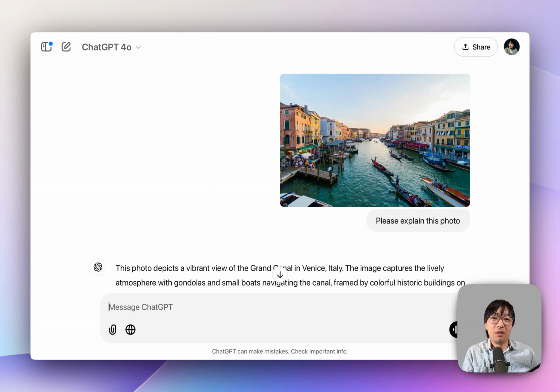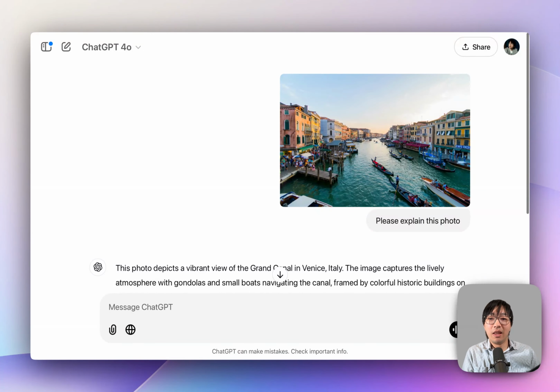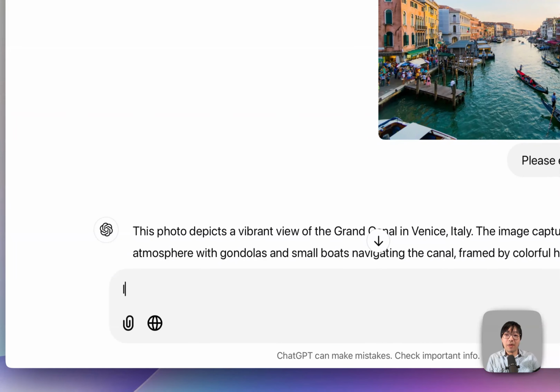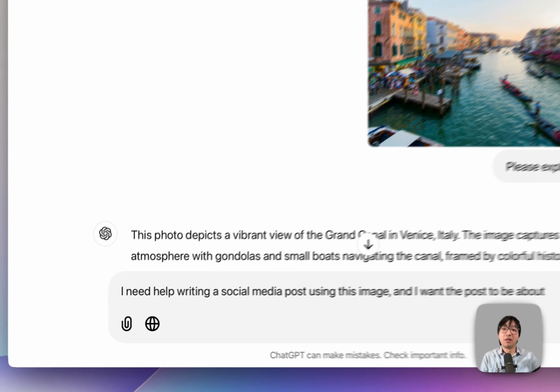Let's say today I want to use this image to create a social media post, and rather than me manually describing what's happening in the scene, I can ask AI to read and understand the image, and then I can ask, I need help writing a social media post using this image, and I want the post to be about, let's say,